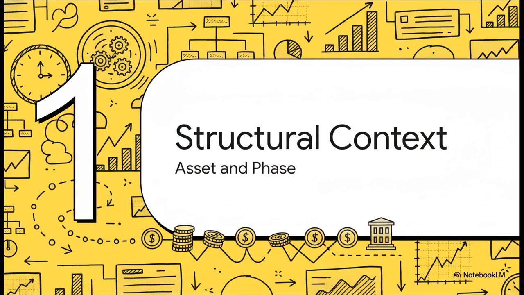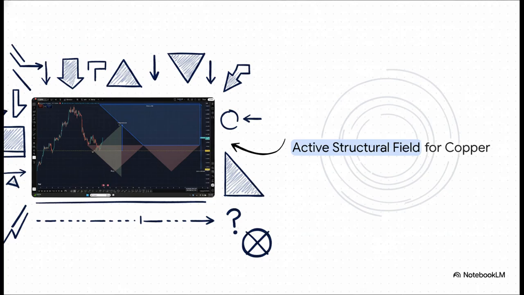Number 1, structural context, asset and active phase. Right, so here is the active structural field for copper. And remember, this is a fixed chart view. We are observing only visible events. There is literally zero assumption of future movement. We're not going to modify, extend, or generate any price data beyond what's visibly recorded right here in this specific